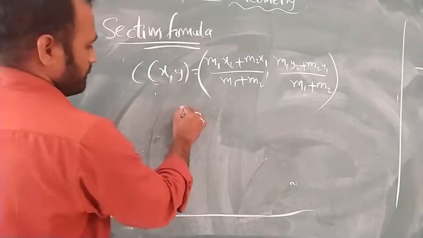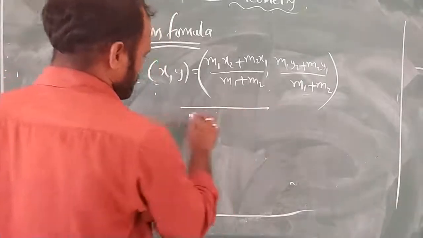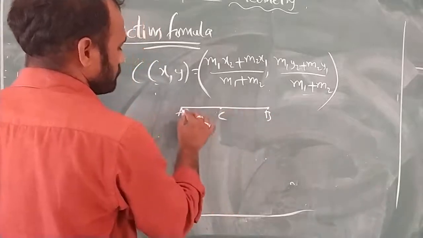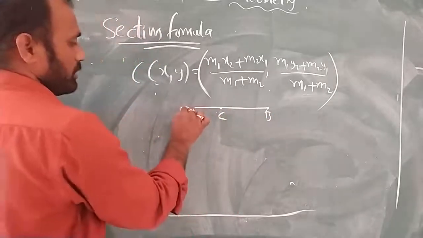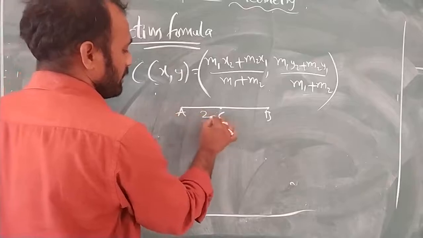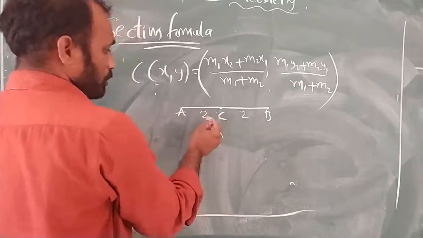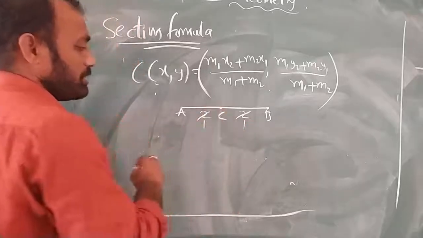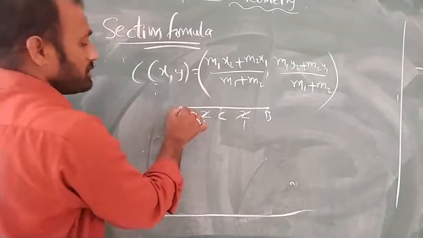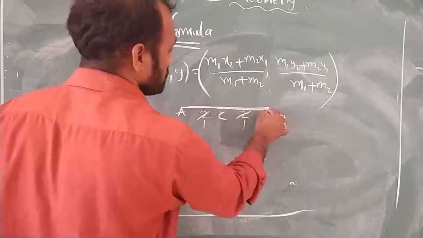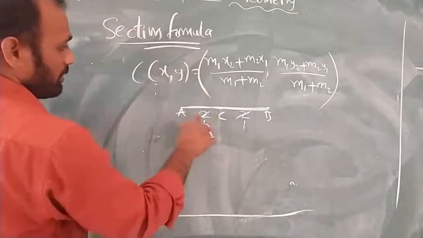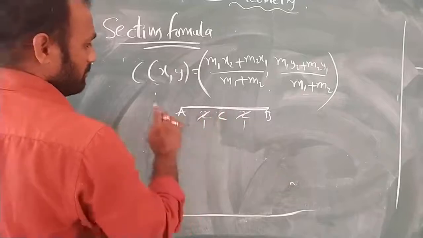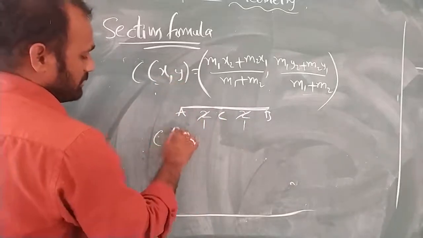Now, here A and B are the 2 points and C is a point dividing in some ratio. If I say it is dividing in a 2:2 ratio, 2:2 means it will get cancelled to a 1:1 ratio. It means the distance from A to C and from C to B is the same. So how will the formula become if the ratios are the same?